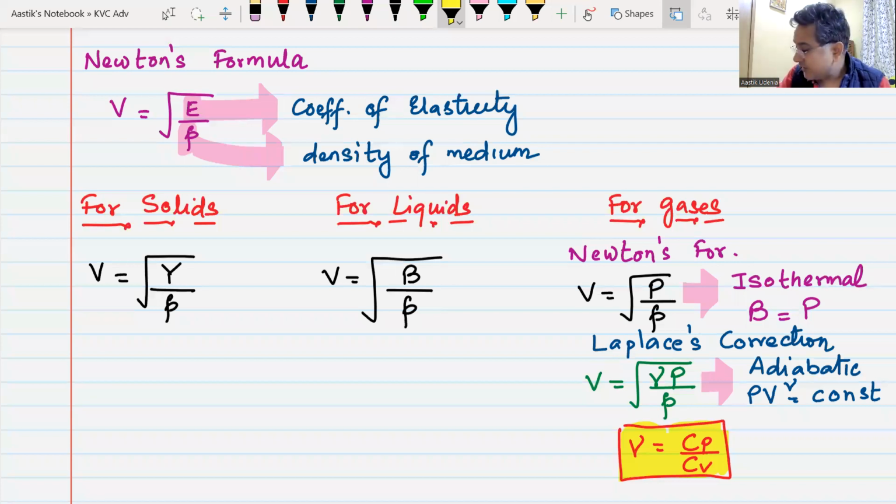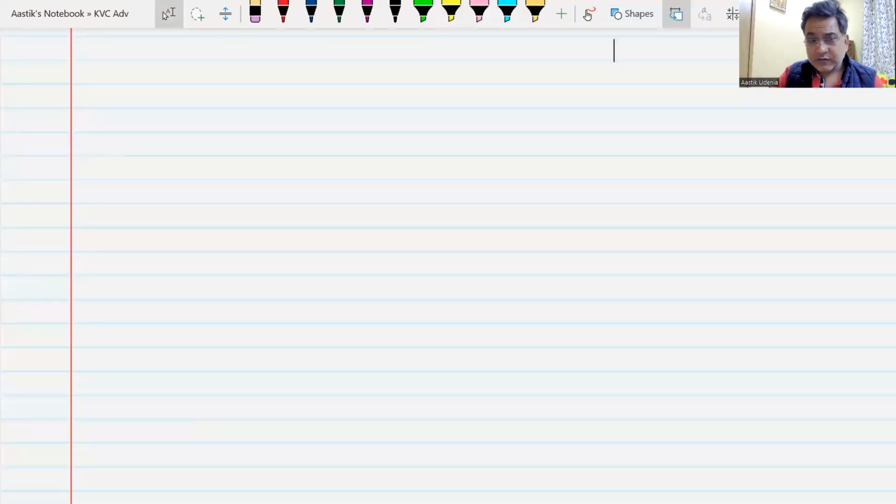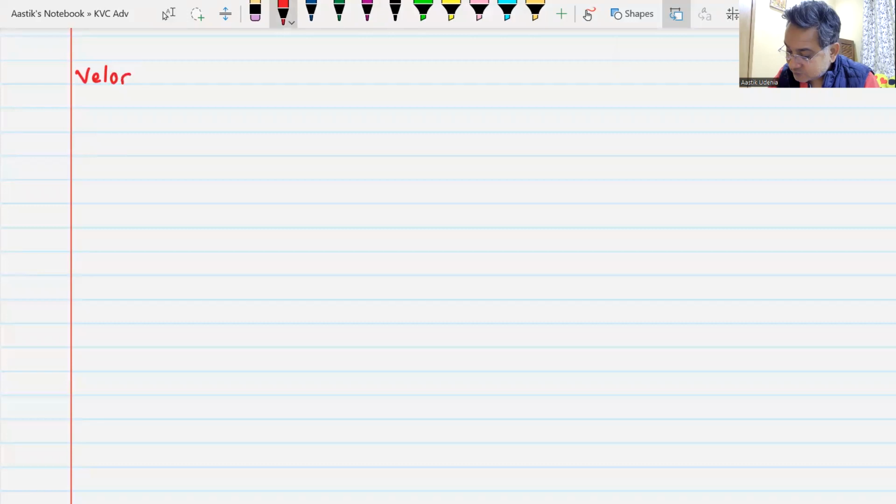So now we can move ahead, and since we know the three formulae, in most cases whenever a question on sound waves comes, it will be about sound waves traveling in gas rather than anything else. That is the main point of concern, because sound travels in air and gases, and that is where most of the questions come from. So velocity of sound in gases.